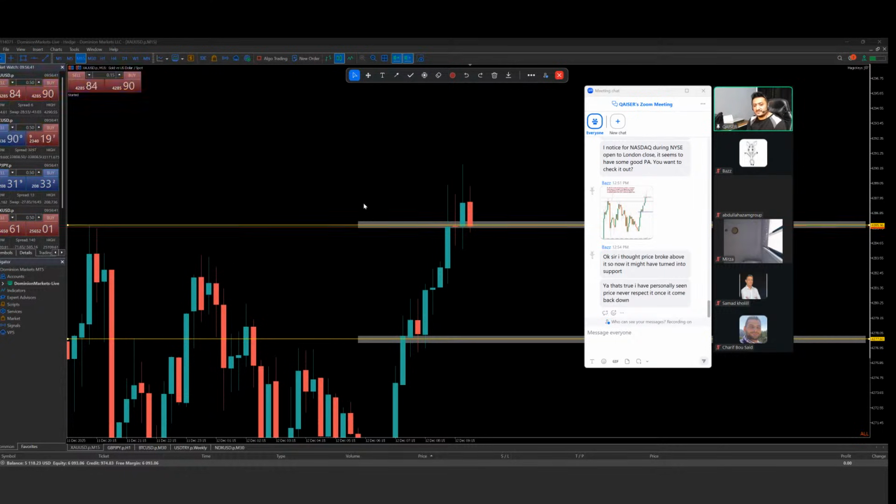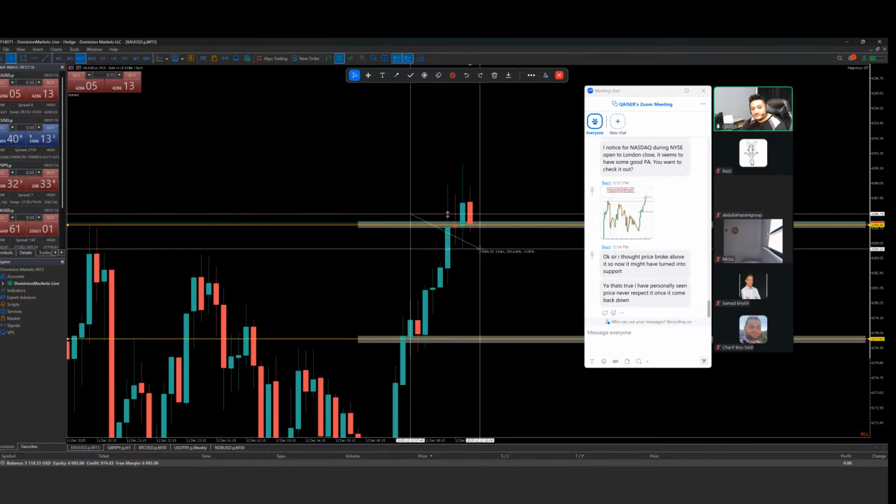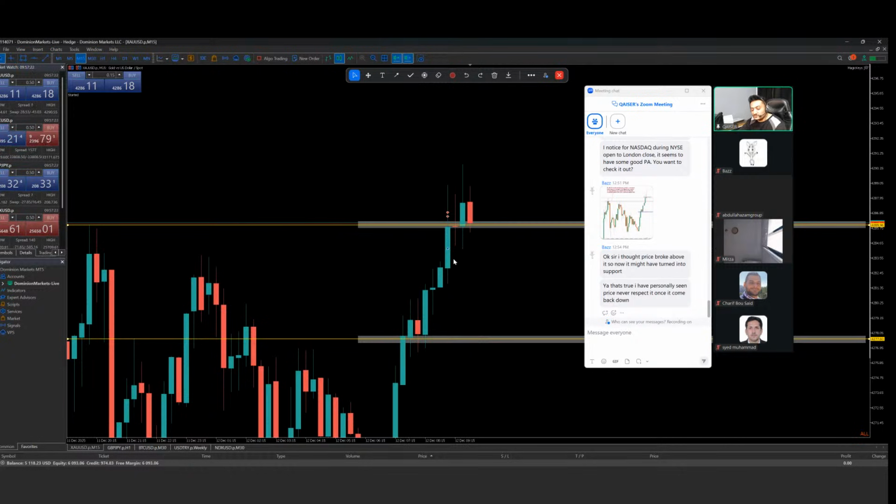Yeah, that's true. I have personally seen price never respect it once it comes back down. If you're understanding that concept, the previous concept you have, it means you're trying to predict the market. Don't ever try to predict the market. Be realistic. Like this one, I executed a buy, I exited the buy. What will happen if I hold my trade? It comes back to my break even twice. Look at this one. Who knows that this candle could break this low and continuously push downside? No one knows that. So I need to manage the risk. I need to execute with the perfect execution, which makes sense for me, which gives me a higher probability structure. So that makes sense.